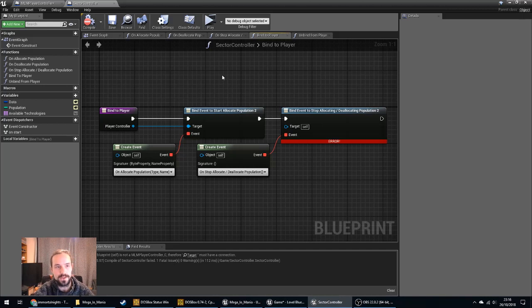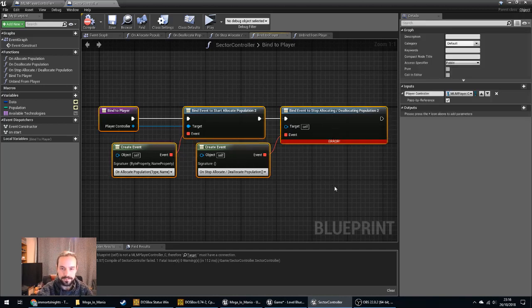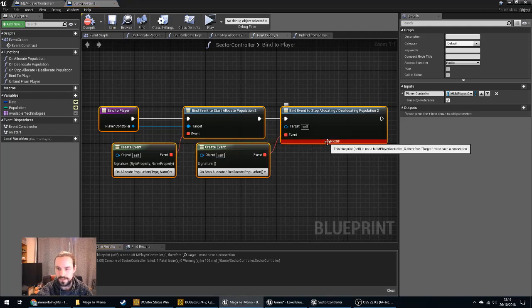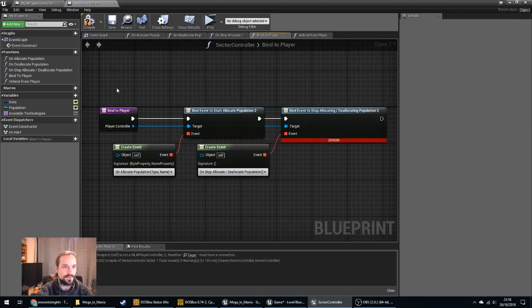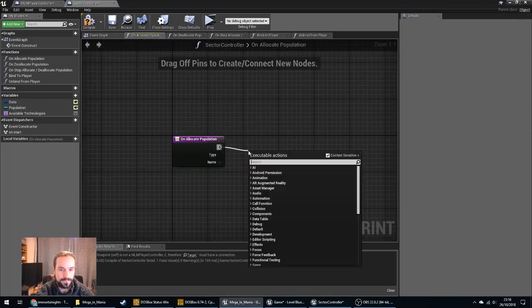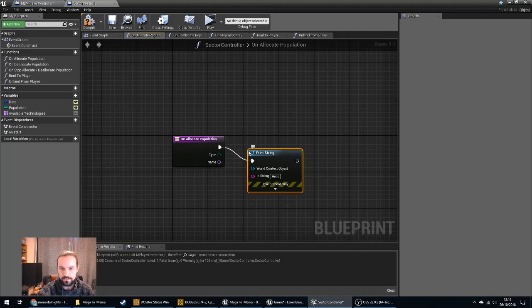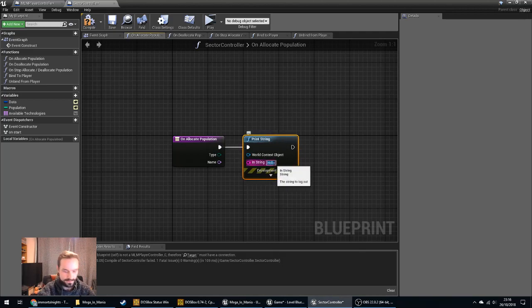So one issue that I have here is that I can bind to the events. Not quite sure why that one's complaining. Oh, forgot the play controller. I can bind to the events, and I'm fairly certain that's going to work. We can print a string in the allocate,